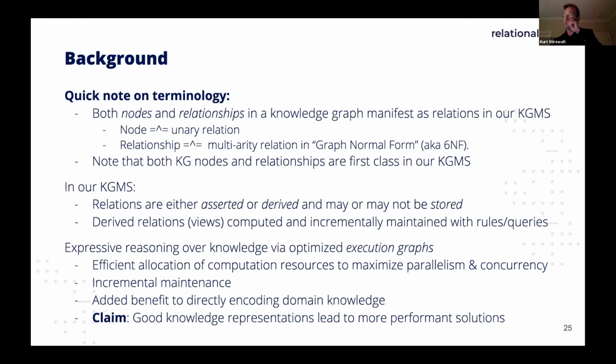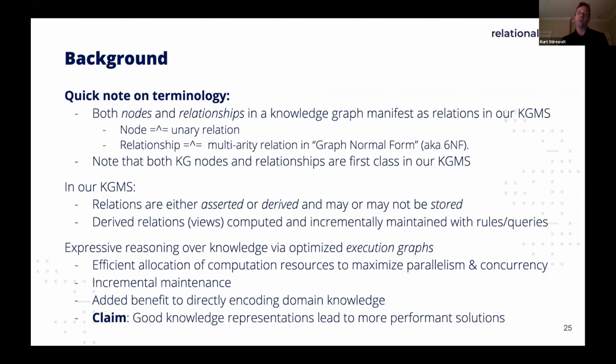And another thing about execution graphs that's great, as I'll show, is that they enable very efficient allocation of resources to maximize parallelism and concurrency, as well as incremental maintenance. And in fact, our big claim is that by virtue of directly encoding declared knowledge, as I showed above, what we found is that good knowledge representations lead to more performant solutions. Right? That's a bit counterintuitive if you talk to folks who swear by imperative technologies and legacy systems and application-centric design, but we found it to be true. All right, so to make these points clear, let's look at an example of an execution graph